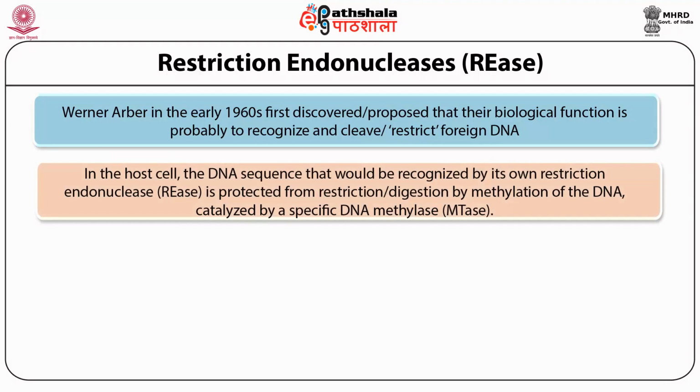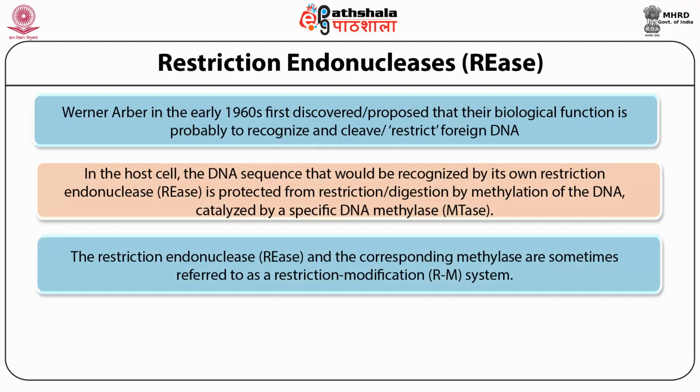In the host cell, the DNA sequence that would be recognized by its own restriction endonuclease is protected from restriction or digestion by methylation of the DNA, catalyzed by a specific DNA methylase, which is also abbreviated as MTase. The restriction endonuclease and the corresponding methylase are sometimes referred to as a restriction modification system. They are found in a wide range of